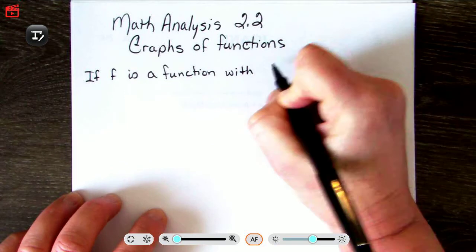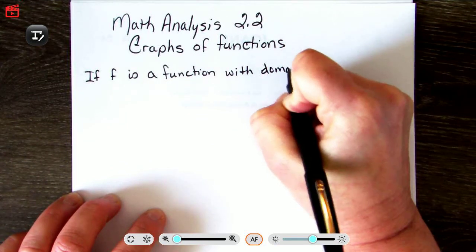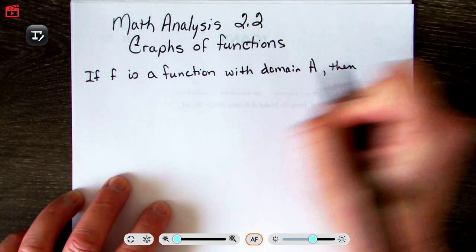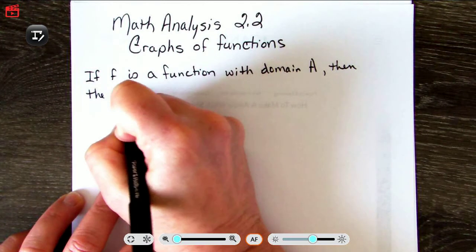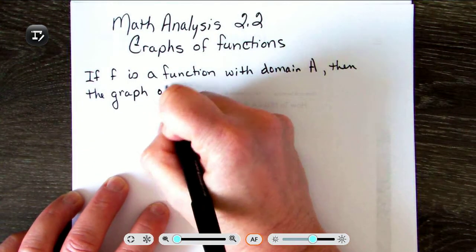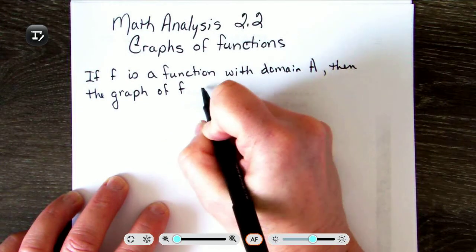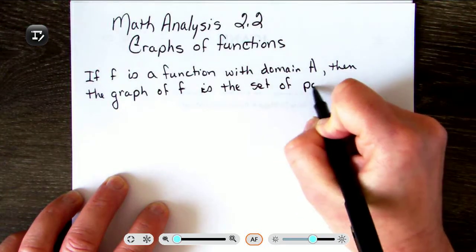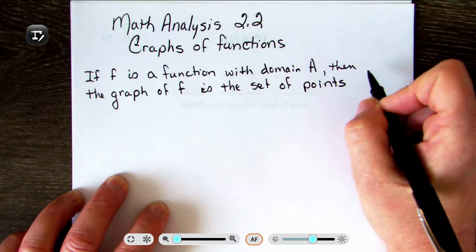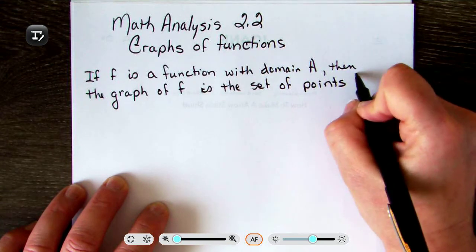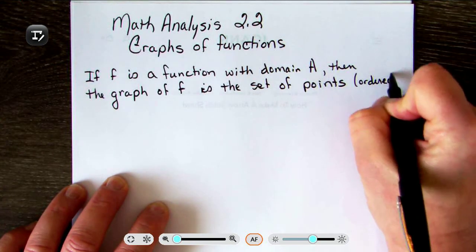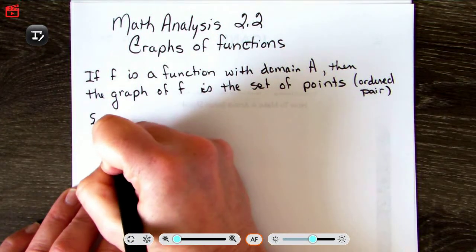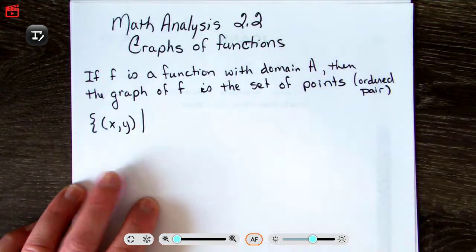So here we have a function with domain, which we called A before. Then the graph of f is the set of points. So we're going to be on that Cartesian plane, or set of ordered pairs, points, ordered pairs. That's another name for a point. Okay, so the set of ordered pairs such that,